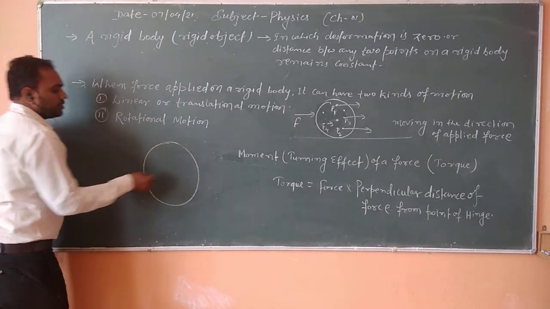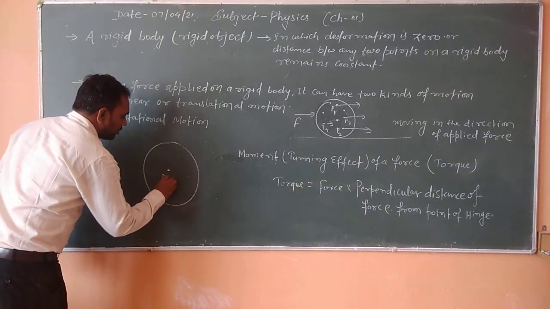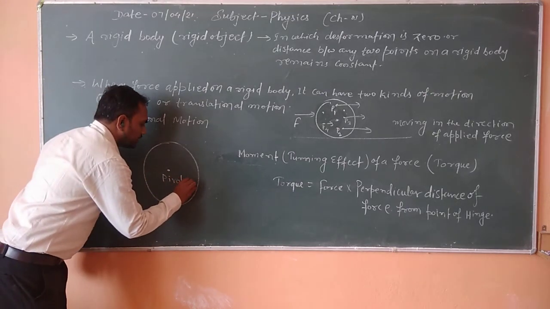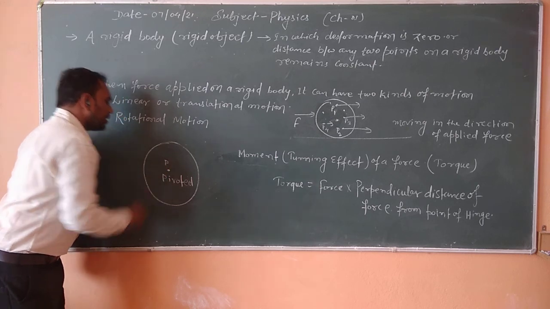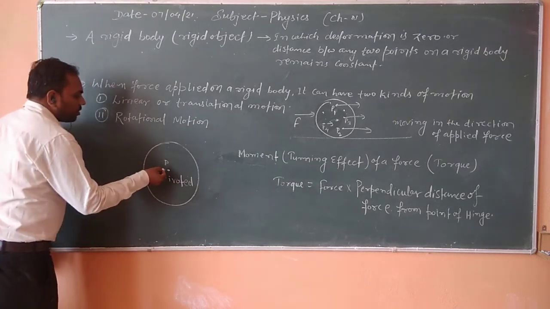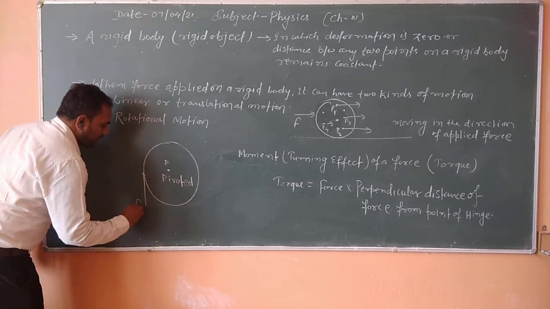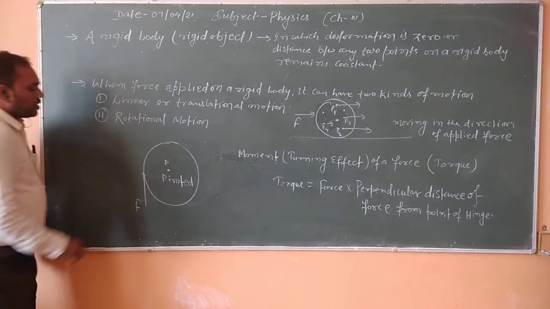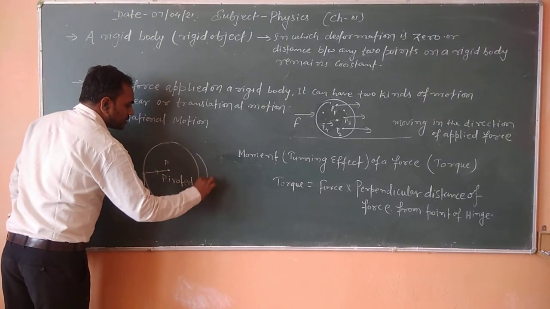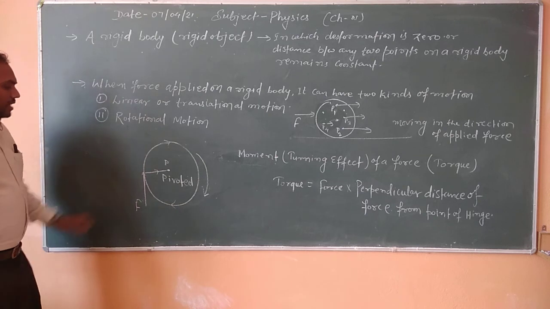Let us assume that there is a body which is hinged, pivoted at point P. It is pivoted, meaning fixed. And after that I am applying some force F here. The body will start turning in such a way. The body will start moving in a circular way. That's why